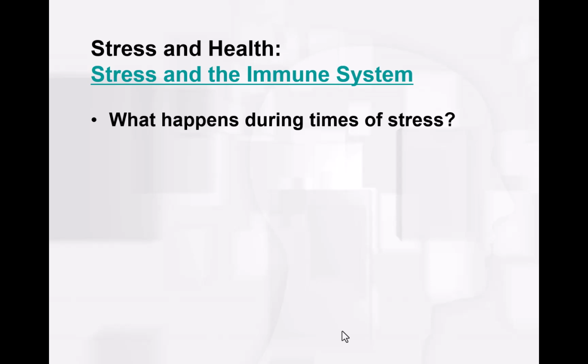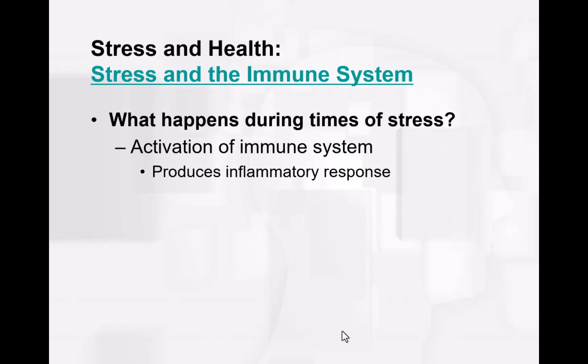So what happens during times of stress? What happens to the immune system when we encounter a stressful experience? Well, that HPA, that hypothalamus pituitary adrenal axis, is going to activate the immune system, just like it does when a virus or a bacterium invades. At first, this is going to be okay. But without a bacteria or a virus to identify, inflammation can occur. So we have this inflammatory process. As part of this inflammatory process, cytokines are released. These cytokines are important in the immune response, but over time they can cause more inflammation. And they also communicate with the brain.